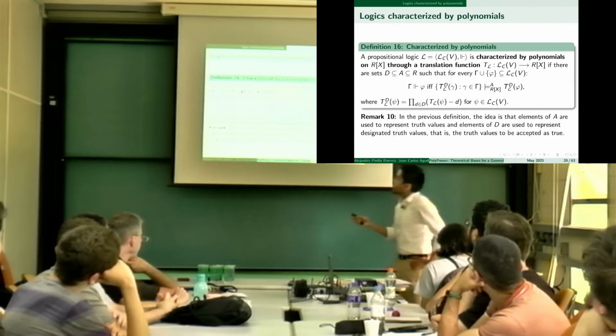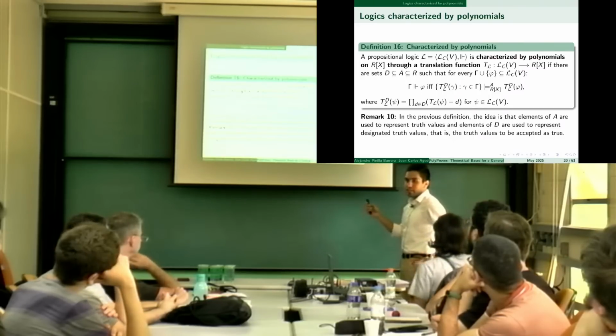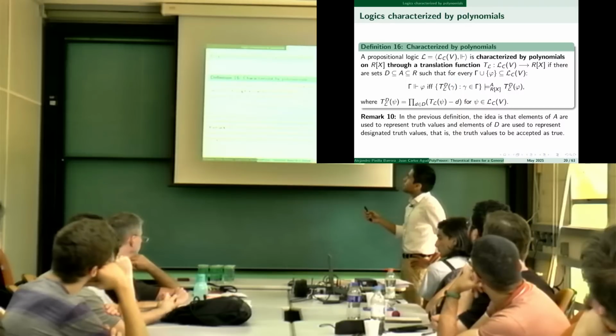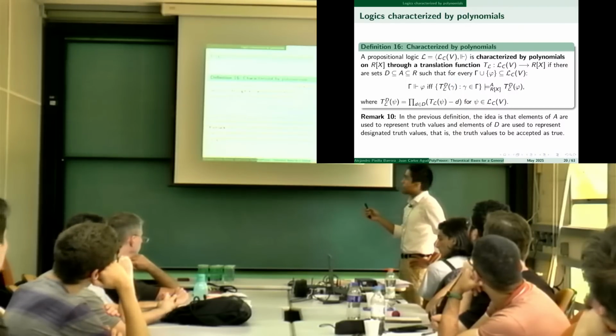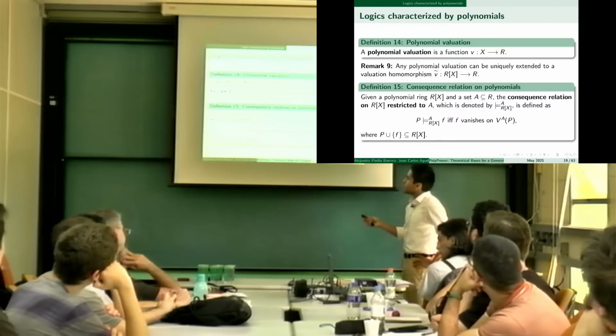Basically, we need the translation function from the set of Wolfram formulas to polynomials. Okay? This translation function will depend on the system of logic that we consider. So we will assume that we have the translation function. Okay? So at the end, considering